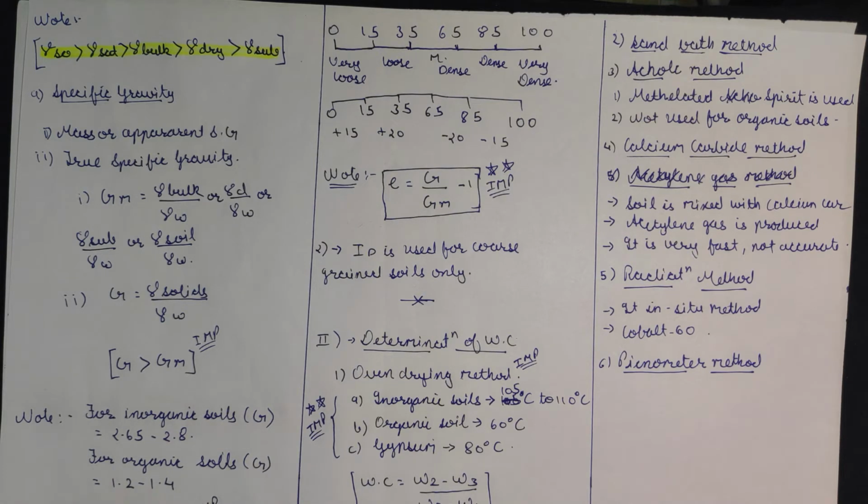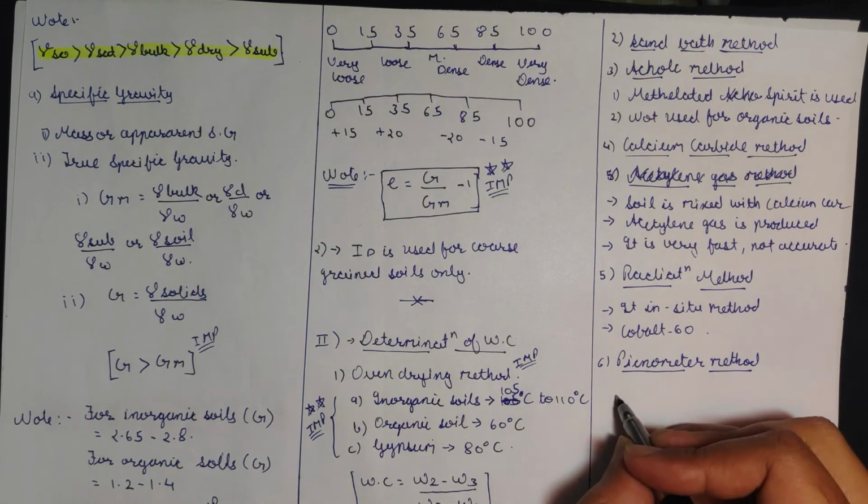Most of the questions asked about how to find the water content are about the pycnometer method. The pycnometer consists of a bottle of capacity 900 ml. If the specific gravity is known, we can find the water content by the pycnometer method using the following formula, which is